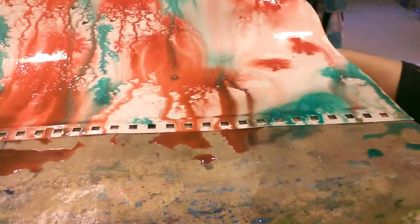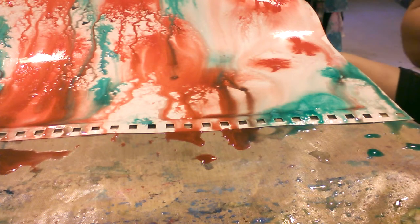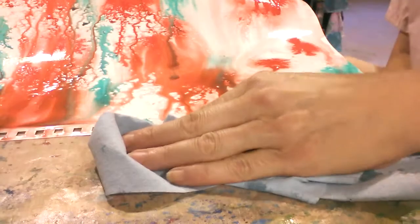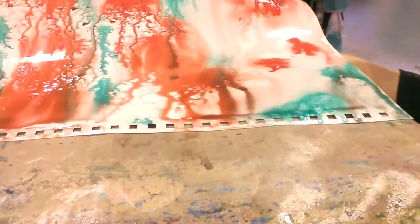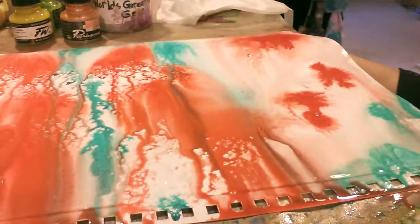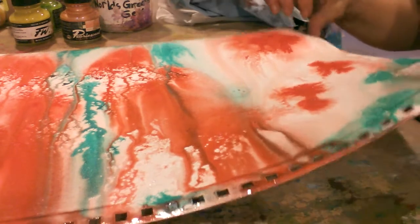So I'm going to get a paper towel. Let's lighten this up. I would get a tag or something, another piece of paper, and try to make something out of it, but these colors are pretty diluted with all the water, so I don't really like to do that. So peel that off, this off, and then I think I'll try to bend it